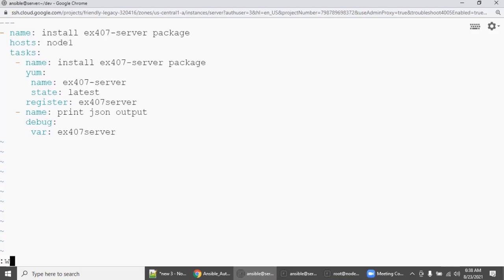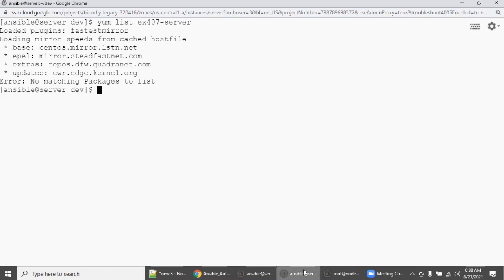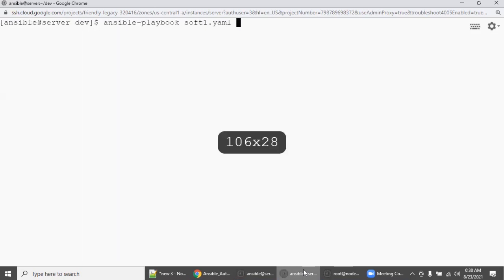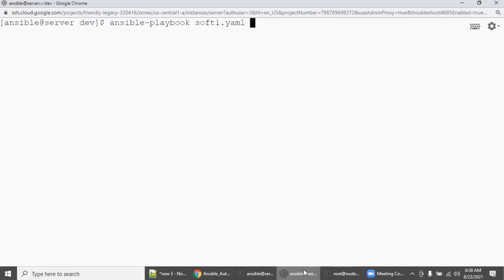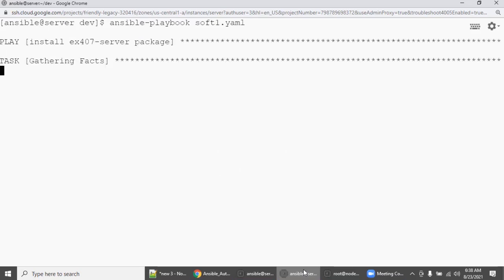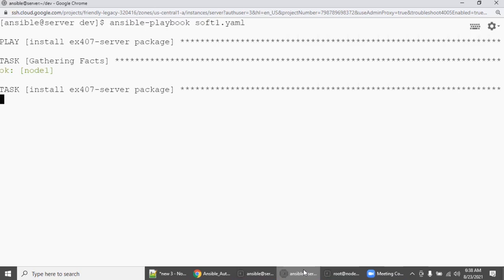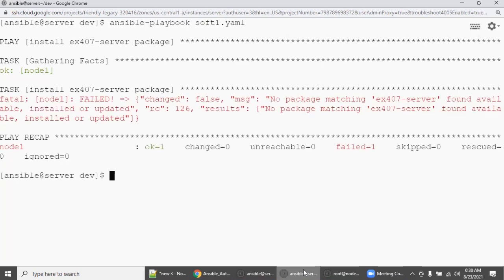So let's save it. We will execute soft1.yaml: ansible-playbook soft1.yaml. Let's execute this playbook. Now we will get some error. Why? Because the package actually does not exist, right?